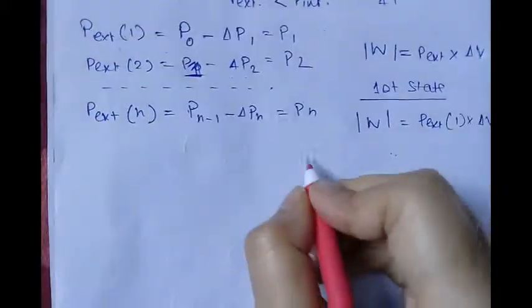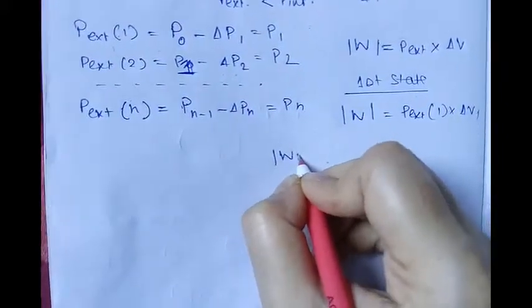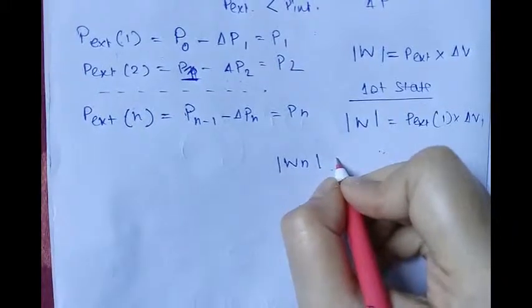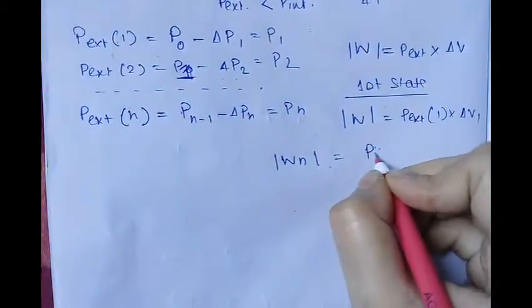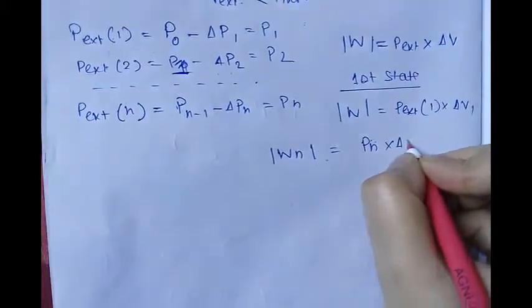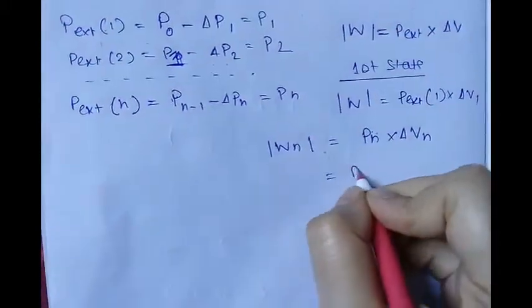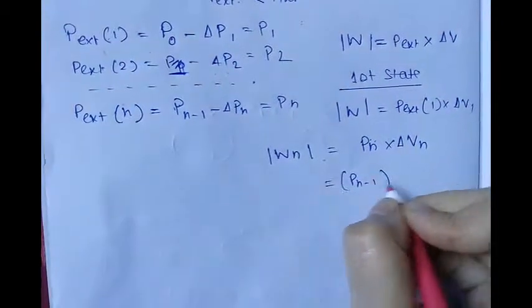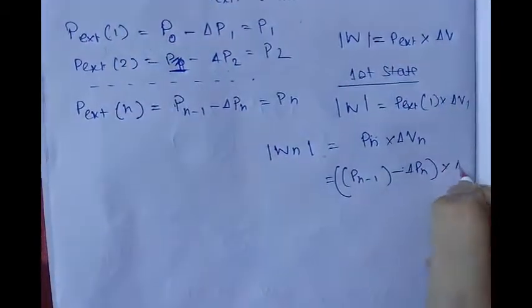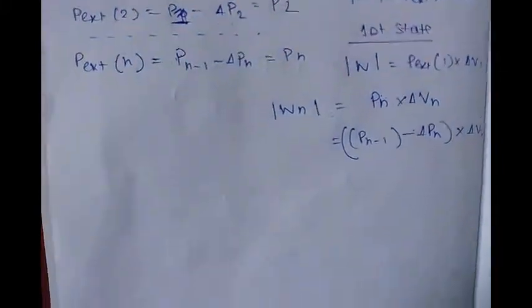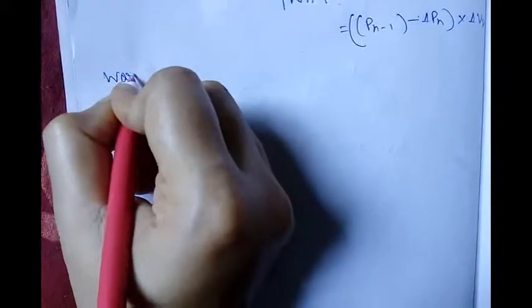Hence, for the nth state, Wn equals Pn into delta Vn, that is equal to (Pn minus 1 minus delta Pn) into delta Vn. Hence, work done in case of irreversible process